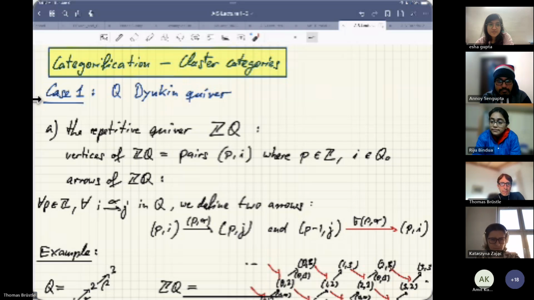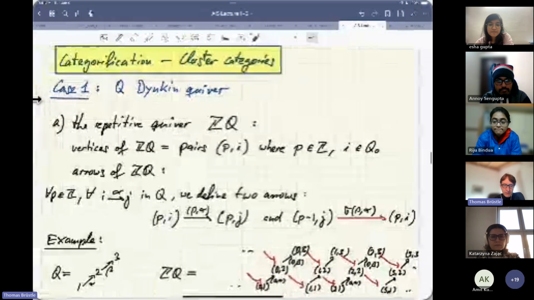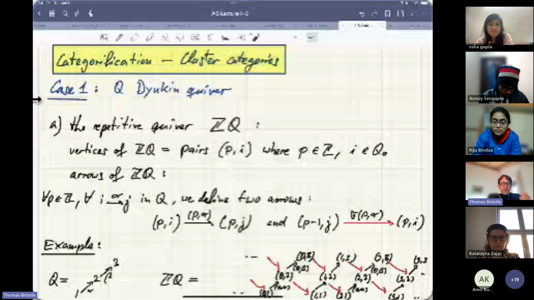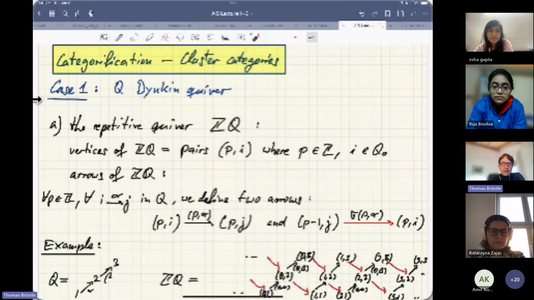And I started yesterday outlining various constructions. One of the constructions is the construction of the derived category, which is a well-established but not so easy notion in representation theory. In our case, where we have a Dynkin quiver, there's a theorem of Happel which shows us that the derived category can be constructed quite easily using the repetitive quiver ZQ. So I will go quickly over this,